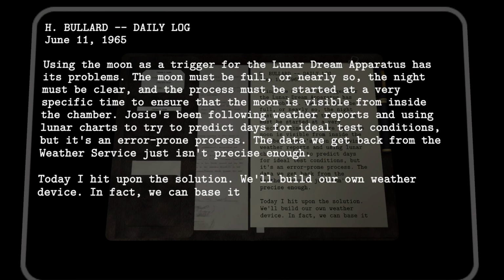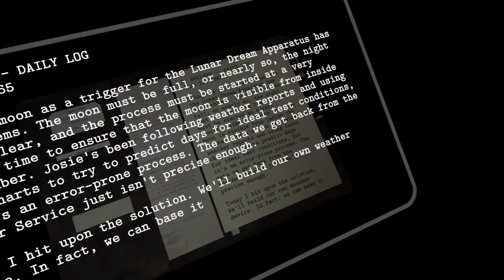Daily log. Using the moon as a trigger for the lunar dream apparatus has its problems. The moon must be full, or nearly so, the night must be clear, and the process must be started at a very specific time to ensure that the moon is visible from inside the chamber. Josie's been following the weather reports and using lunar charts to try to predict days for the ideal test conditions. But it's an error-prone process. The data we get back from the weather service just isn't precise enough. Today I hit upon the solution. We'll build our own weather device. In fact, we can base it...